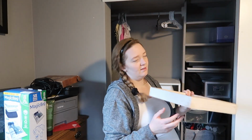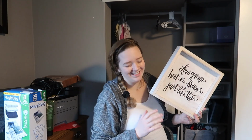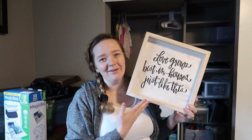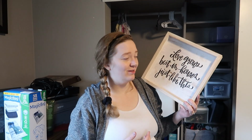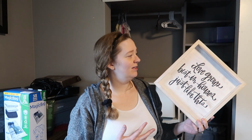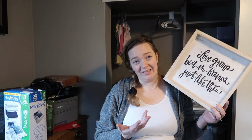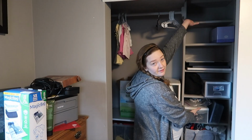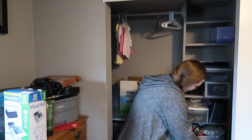Also, let me know if you think this would look good in my house still. I think it's cute. I don't know if I'm a big fan of sayings like this, but I do like this one. We got it from our wedding. It's a little bit sentimental, and I do like what it says. So the top part of the shelf is doing really well, and the bottom part is doing well. It's just